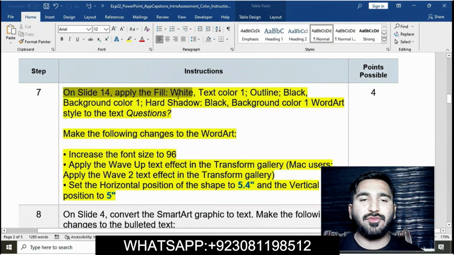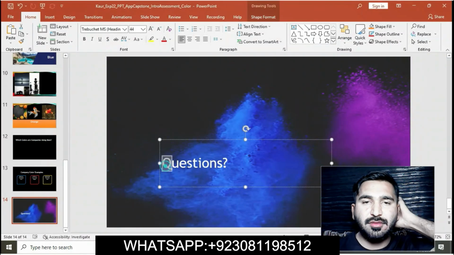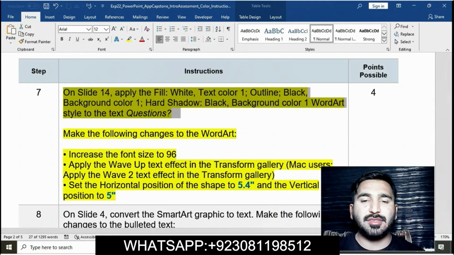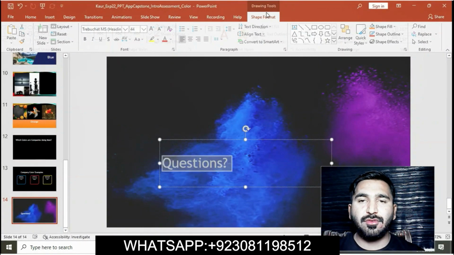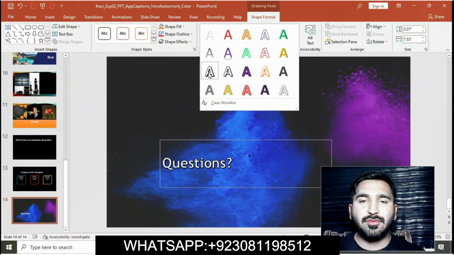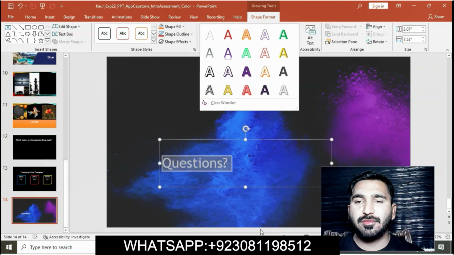First, on slide 14, apply the fill white text 1, outline background color 1. Select this, apply the fill white text color 1, go to the shape format and then go to word art, fill white text 1 color background.